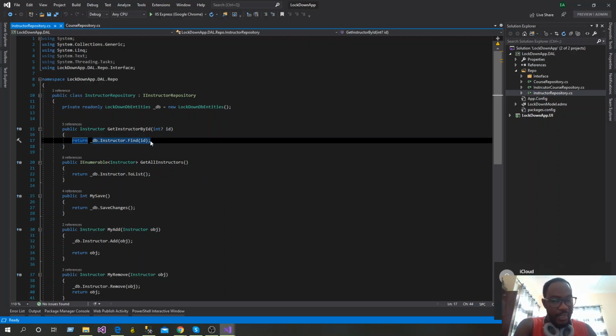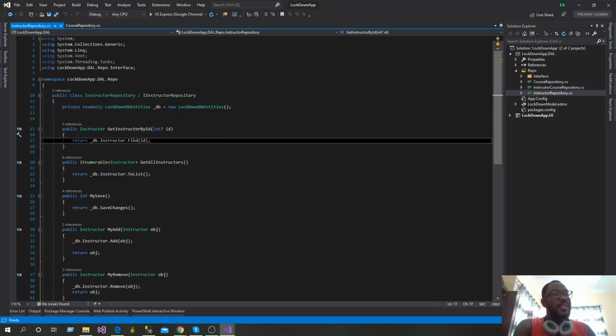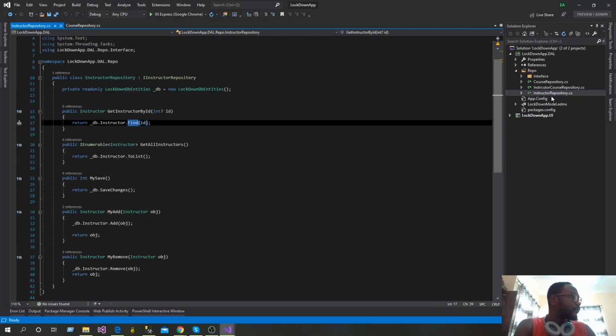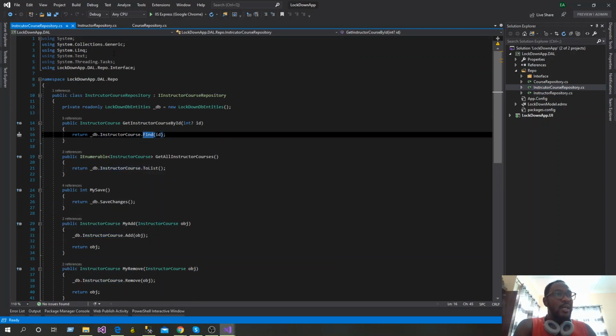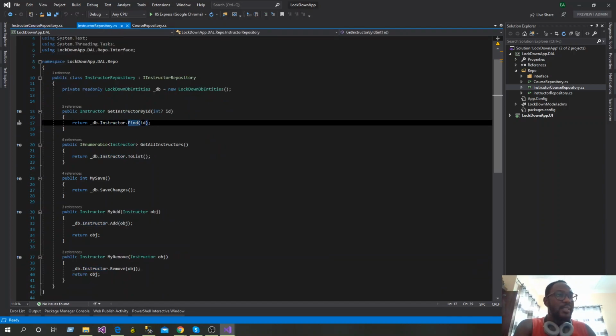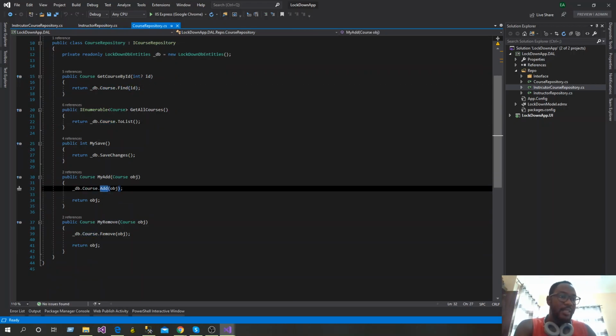So we still come back to the same thing. What if Entity Framework decides to do an upgrade and change this find to get? Or what if you want to even change your persistence framework from Entity Framework to something else? You still have to go through 1,000 repositories to change this find and the others. But if you watch well, let's pick out three repositories. We have instructor find, we have course find. The same applies for ToList, the same applies for add, and the same applies for remove and